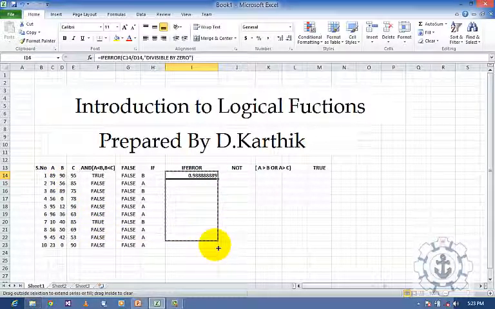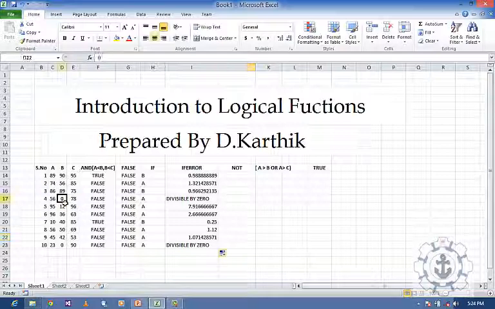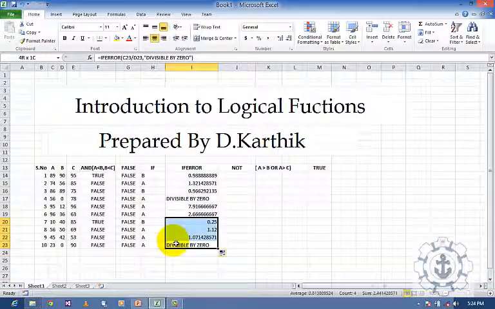Just drag it and see. Because we cannot divide a number by 0, it shows divisible by 0. Here also the same. So you can find these two values showing divisible by 0.